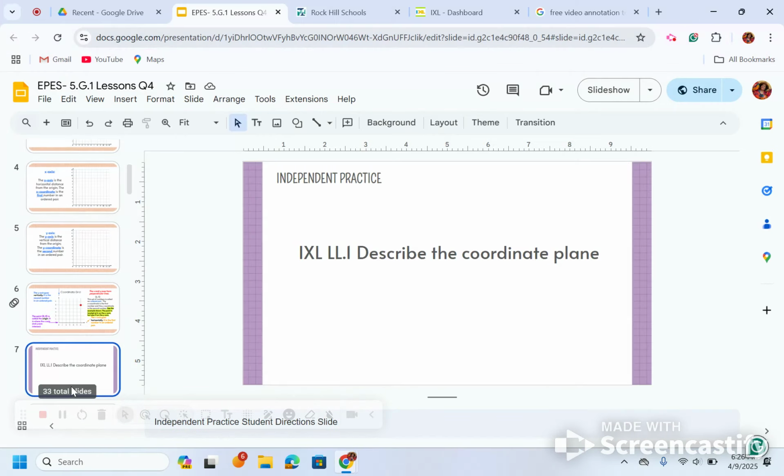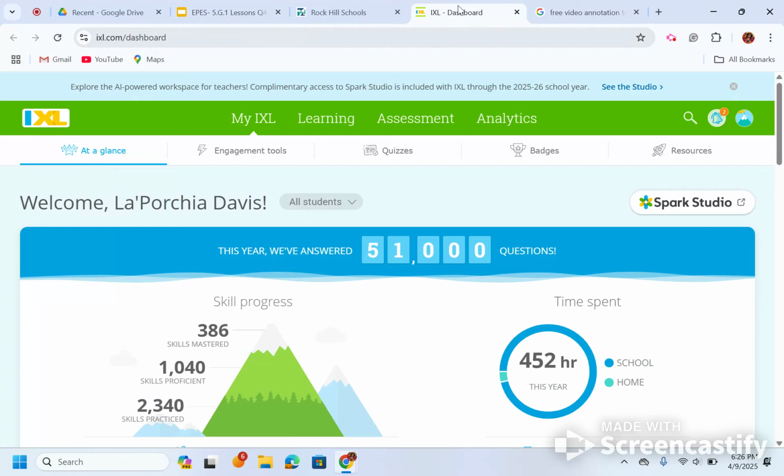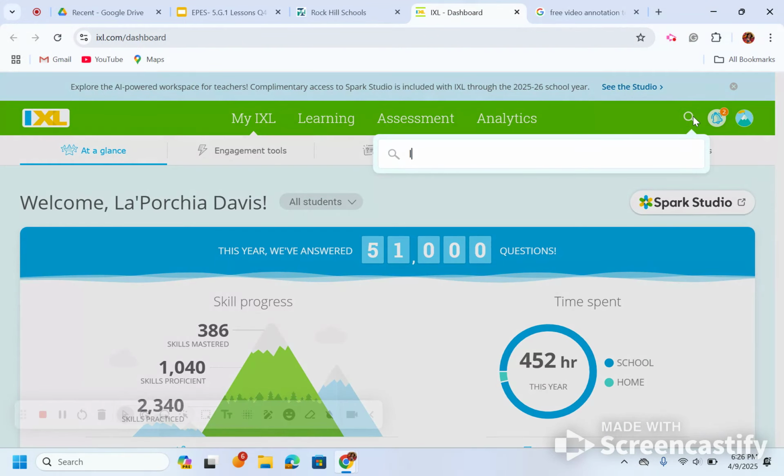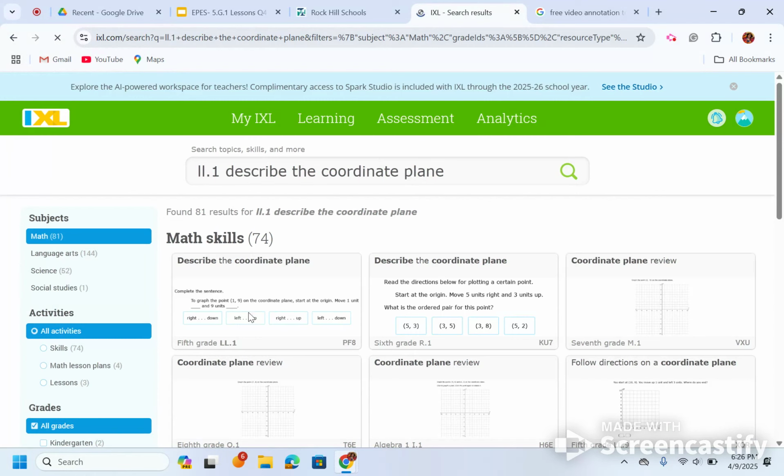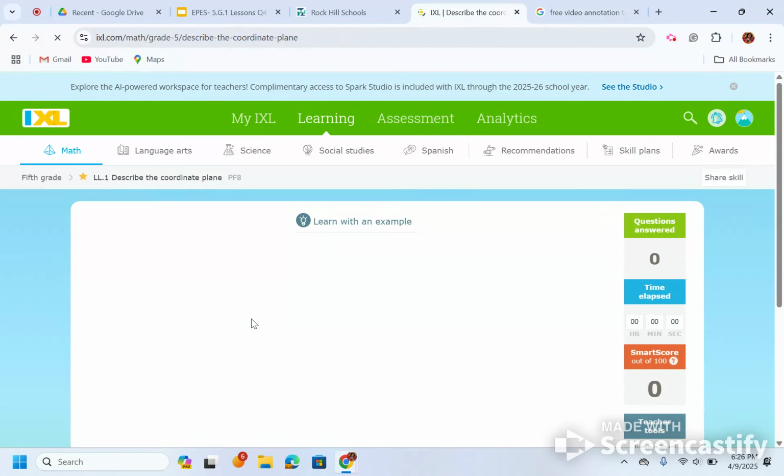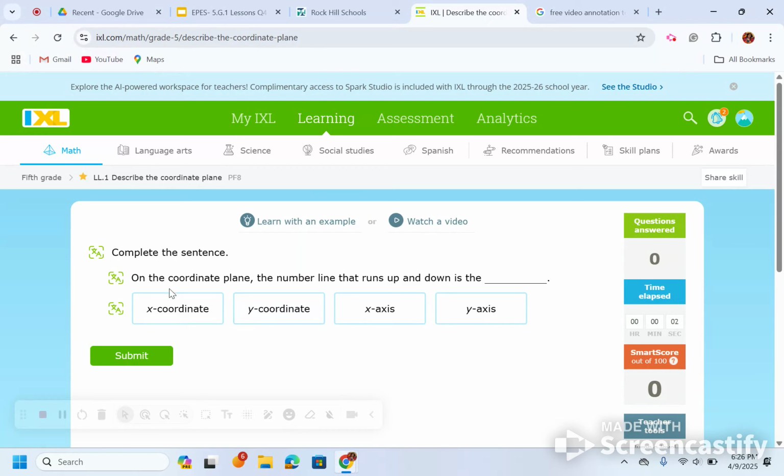All right, let's keep going. Today, your independent practice is going to be in iXL. It's LL.1, describe the coordinate plane. This skill has already been assigned to you, so it should show up in your recommended by your teacher. But if it doesn't, you can type in LL.1, describe the coordinate plane. As you can see, it's right here in 5th grade. You're going to choose it. For example, the first question says, on the coordinate plane, the number that runs up and down,